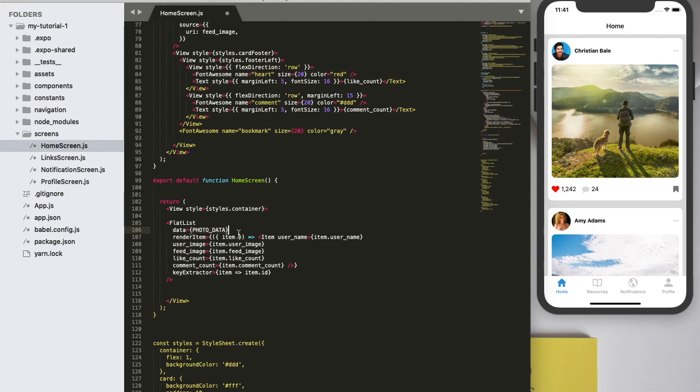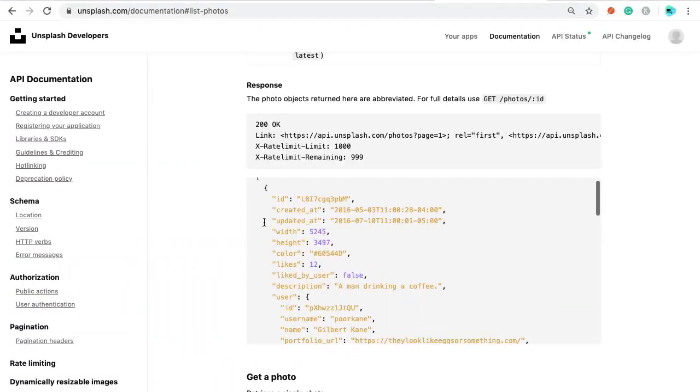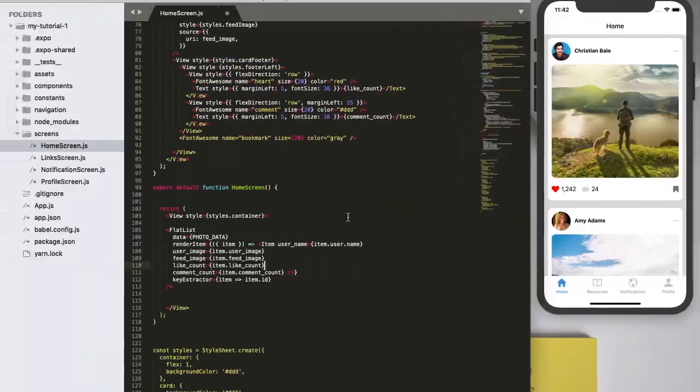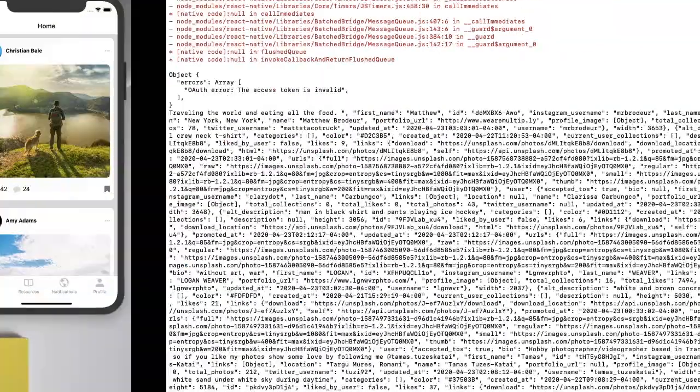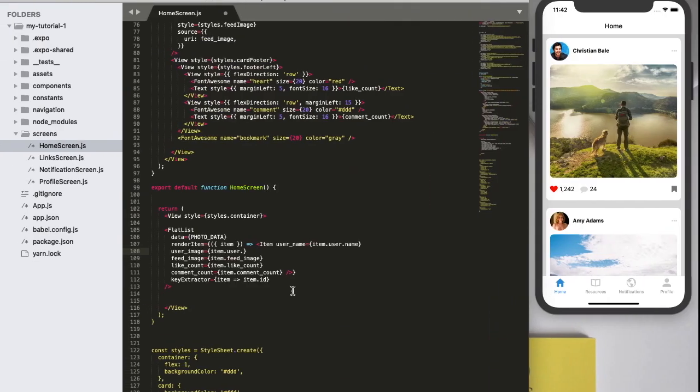So we need to make some changes, like for username, item.user.name, because as you can see here, it is inside user, right? Similarly, we need to use the user image. So item.user.profile image.